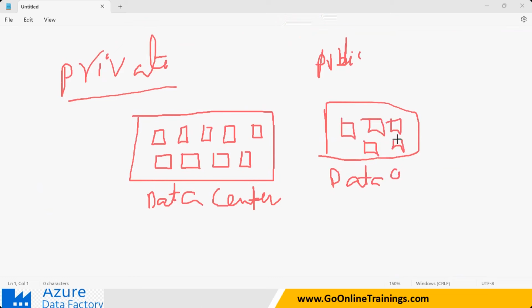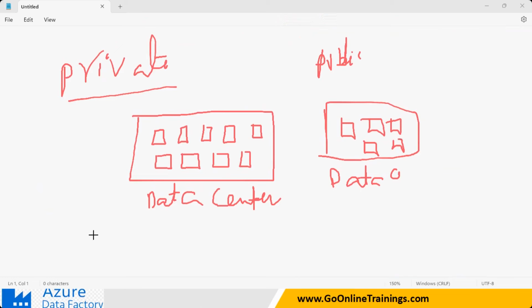You can keep your data there, and you will also get data from other companies. You give your data center for rental purposes, so other people can also keep their data in your data center. This is what is called public, right?